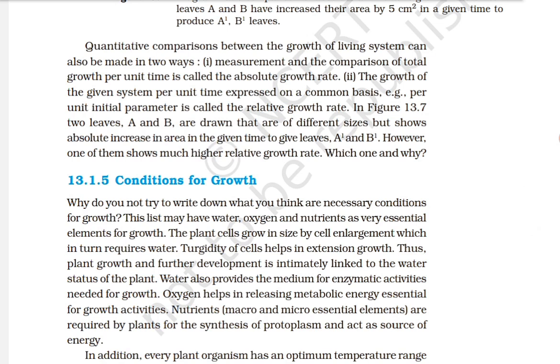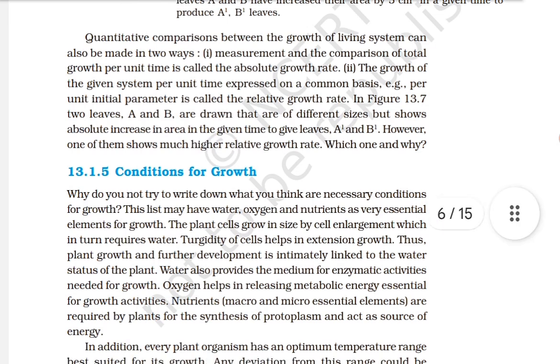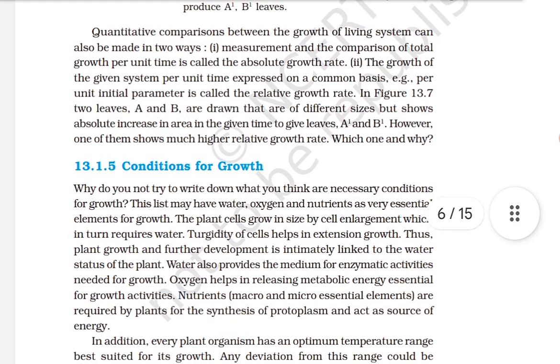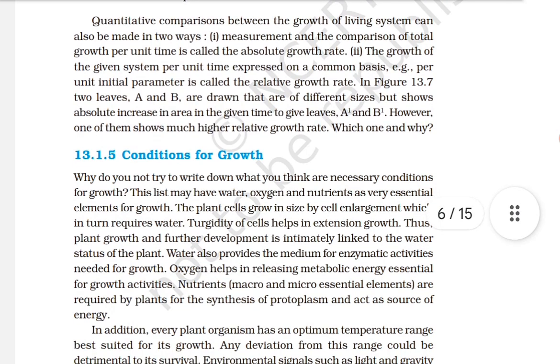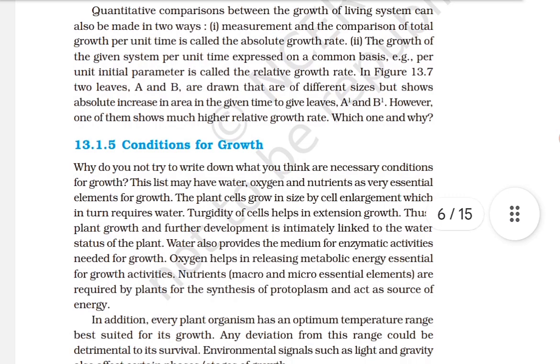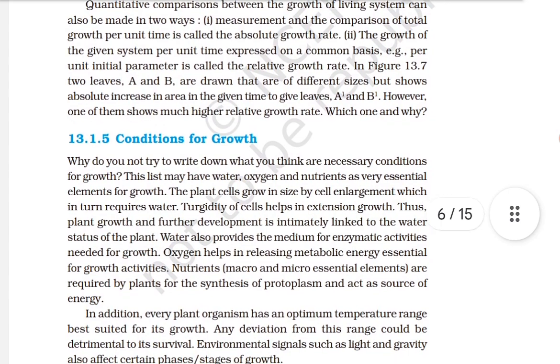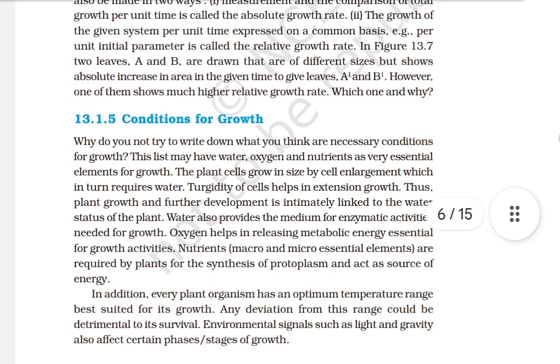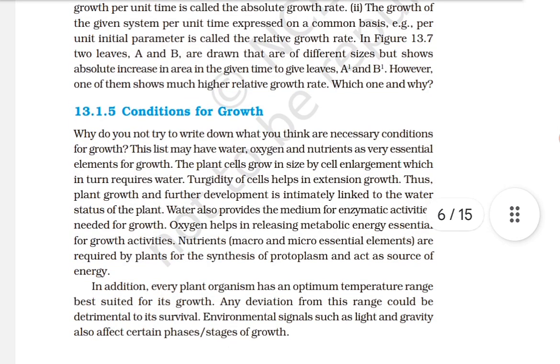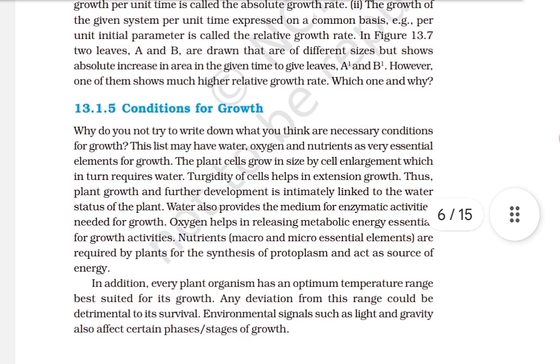An idealized sigmoid growth curve, typically of cells in culture and many higher plants and plant organs. यहाँ पहले लैग फेज है, फिर एक्सपोनेंशियल फेज है और फिर स्टेशनरी फेज है जो टिपिकल है, ठीक है, अंडरस्टूड। ग्राफ आपके दिमाग में मैं सेट करता हूँ। चलो, एक्स एक्सिस पे है टाइम, वाई एक्सिस पे है साइज या फिर वेट ऑफ द ऑर्गन। यह है टिपिकल सिग्मोइड कर्व, ठीक है ना, एस कर्व।